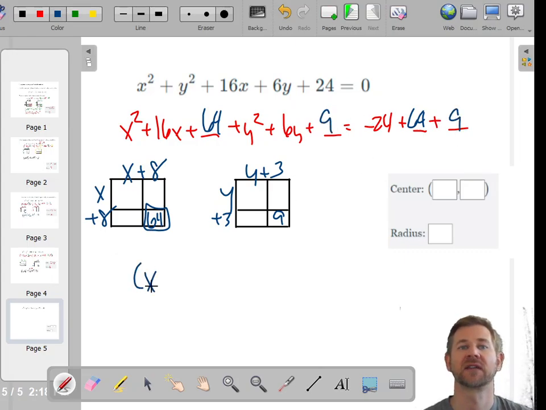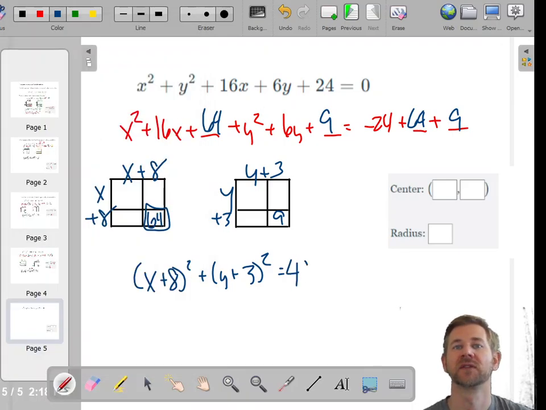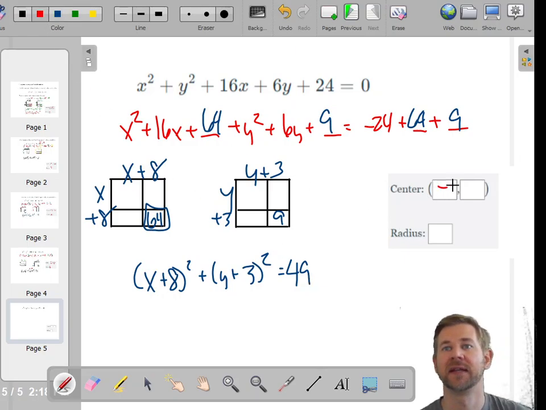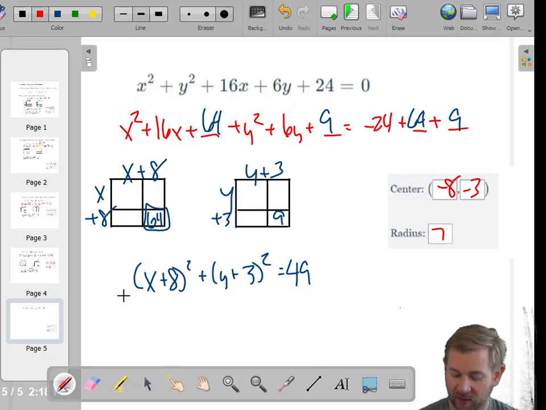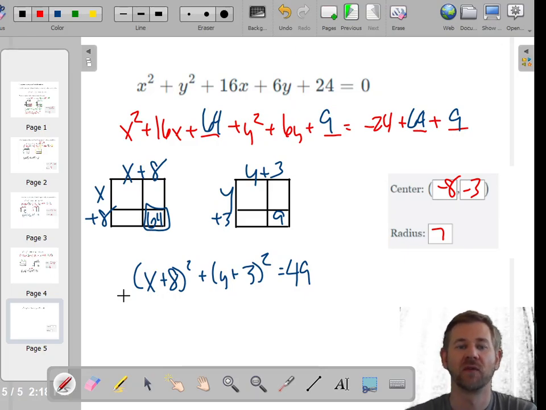So then I have x plus 8 squared, y plus 3 squared, and on the right side, negative 24 plus 64, that's 40, plus 9 is 49. Yeah, 49, okay. So the center would be at negative 8, negative 3, and the square root of 49 is 7. So that is how you convert one of these long-form equations into a circle, the standard form of a circle,